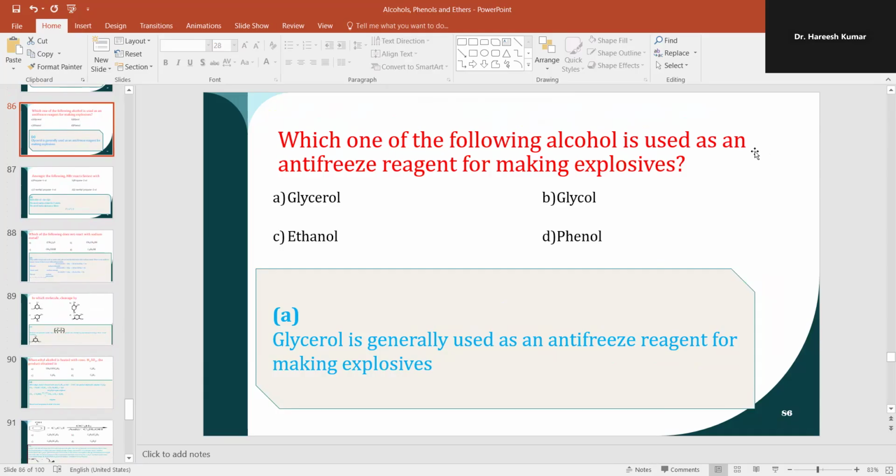Which one of the following alcohols is used as antifreeze reagent for making explosives? So glycerol is generally used as an antifreezing reagent for making explosives. Then